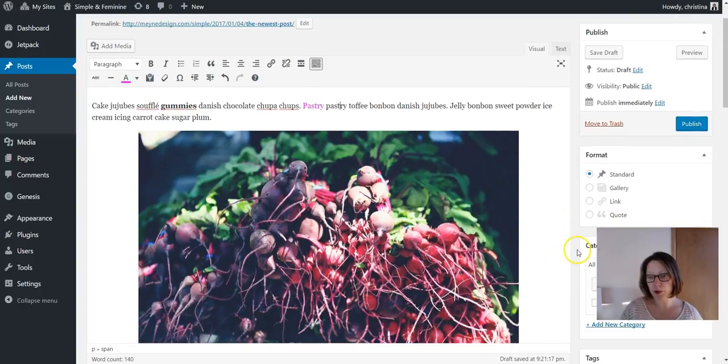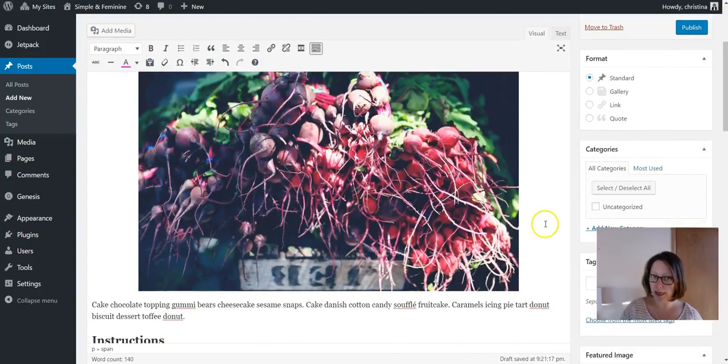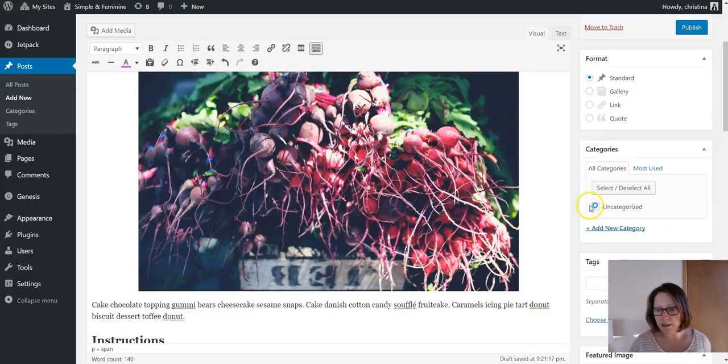And now, before you publish a post, you are probably going to want to put it in a category so that your blog stays organized. Let's just say this post is about farmers markets. So right here, the only category we have, because we haven't set anything up yet, is uncategorized. You don't want to use that. So just click Add New Category